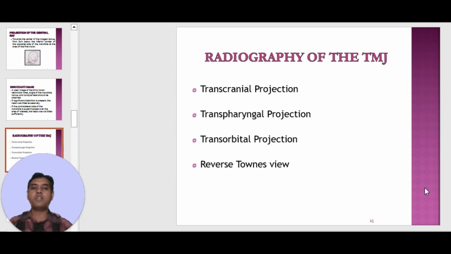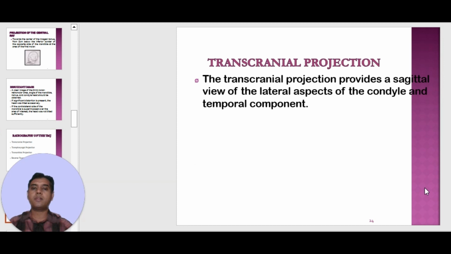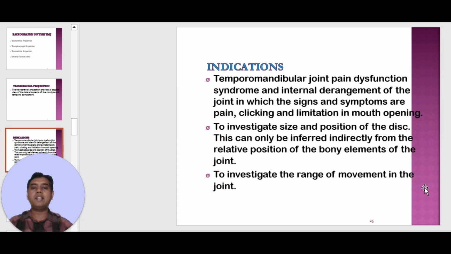Now coming to radiography of the TMJ. It comprises transcranial projection, transpharyngeal projection, transorbital projection and reverse Towne's view. Coming to first, that is transcranial projection. The transcranial projection provides a sagittal view of the lateral aspect of the condyle and temporal component. Various indications are